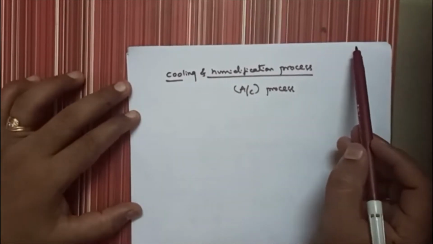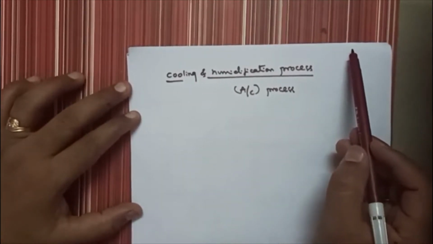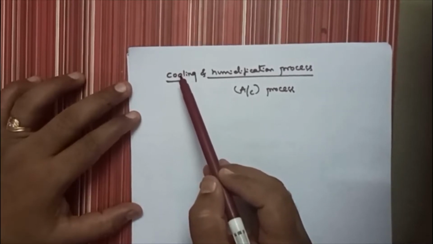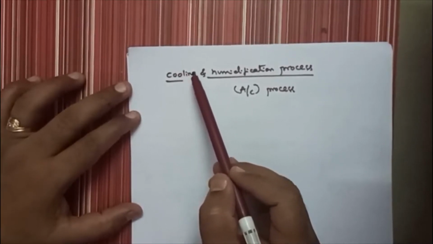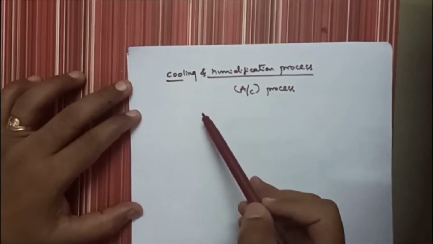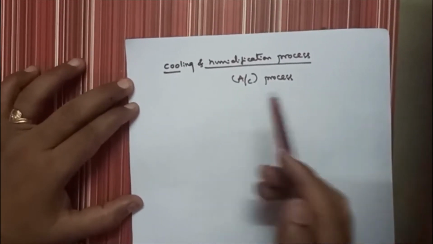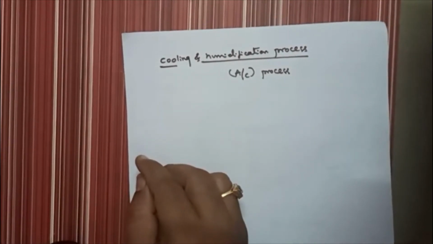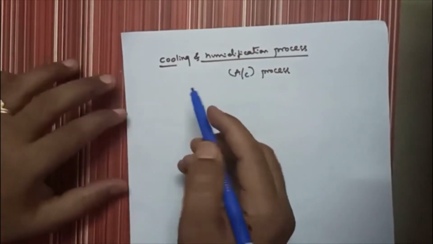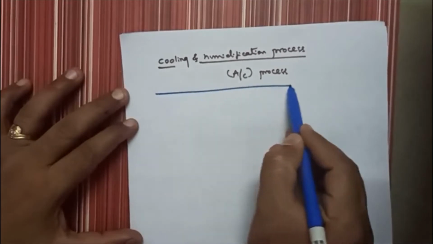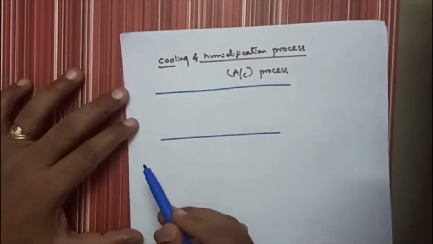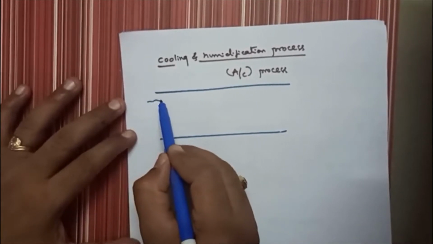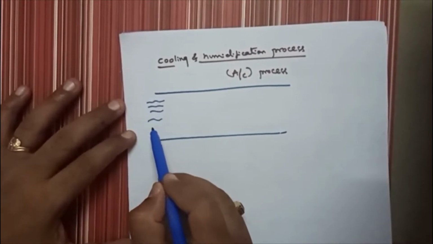So click on this link and understand what is the representation, and the change in the properties of the air during cooling and humidification, so that this topic will become easy for you to understand. Now to understand cooling and humidification, first I will take one small simple sketch. Here is one sketch I have taken, one pipe. Here atmospheric air is flowing.